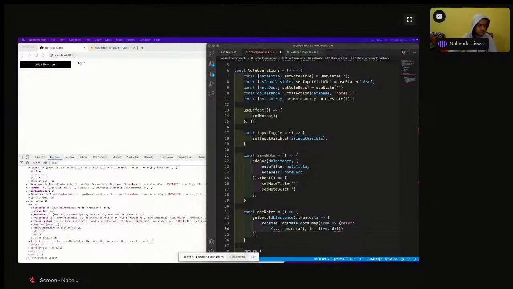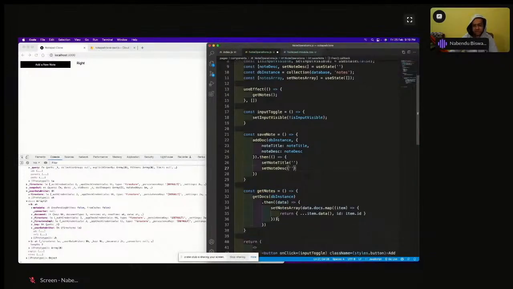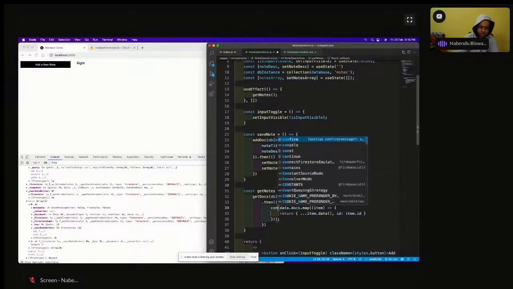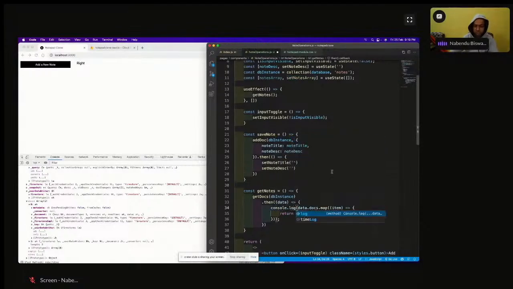Okay, so whatever is coming, we are going to set it in setNodesArray. Again wasting a lot of time, because a lot of brackets are there. So it is like this: setNodesArray, data dot docs dot map, and then I'm going to return it like this. If I save it, I can do console.log like this, save it,